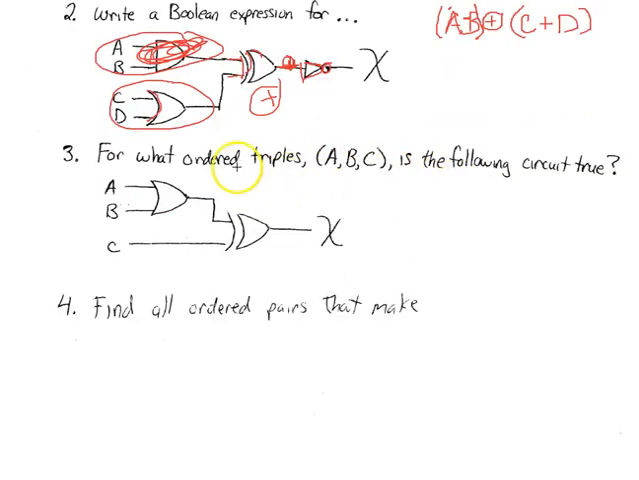Number 3, in the process of finding the ordered triples that make this right here true, we must first translate this diagram into a Boolean algebra expression. Well, this is easily decipherable as A plus B. We better